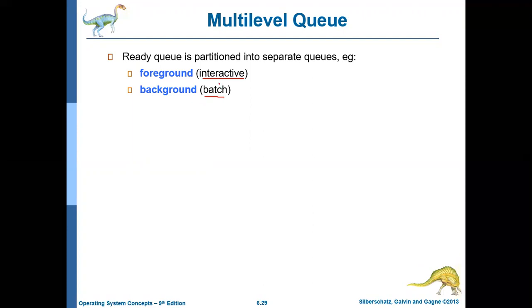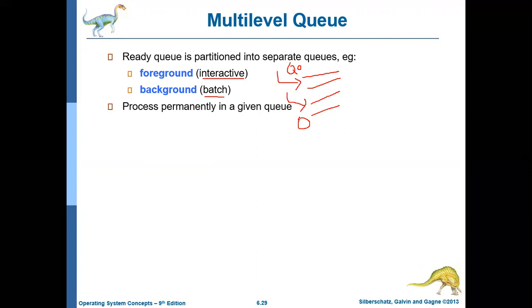Okay, so the response time of the foreground process should be low, that is it should respond quickly, whereas the response time of the background process need not be low, it can respond slowly also, it is acceptable. Okay, and the processes are permanently allocated to one of the queues. Permanently in the sense, whenever a process of a particular type comes, it will always go to that queue. For example, if there are two queues, Q0 and Q1, whenever an interactive foreground process comes, it will go into Q0. And whenever a batch process or a background process comes, it will always go into Q1.